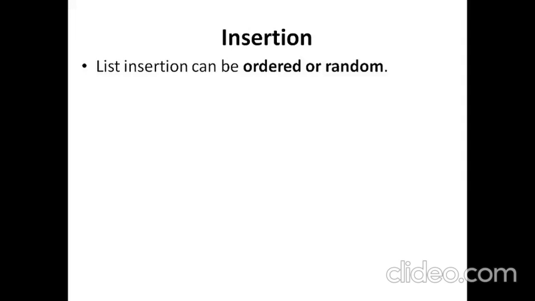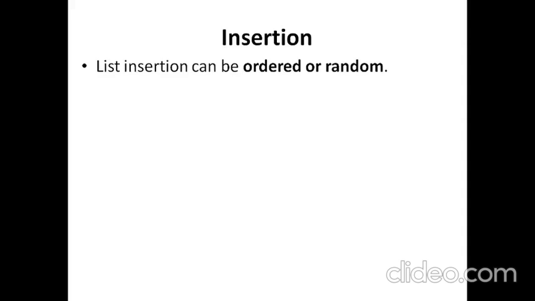Let us first take the insert operation. The list insertion can happen on either an ordered list or a random list. The difference between an ordered list and a random list is that in an ordered list, elements are in either ascending or descending order. So in such a case, when you want to insert a new element into the list, you can't arbitrarily insert it anywhere in the list. You have to insert it exactly in its right position. For example, if the list contains 4 followed by 6 and you want to insert 5, you have to insert it precisely between 4 and 6. Only then can the order be preserved.